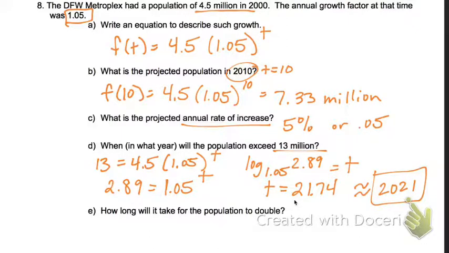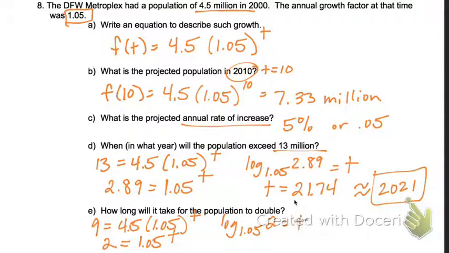Then E says, how long will it take the population to double? So if it starts at 4.5 million, doubling would be 9 million. Divide by 4.5, so 2 equals 1.05 to the t. Put it in log form. And you get t equals 14.21, which is about 20